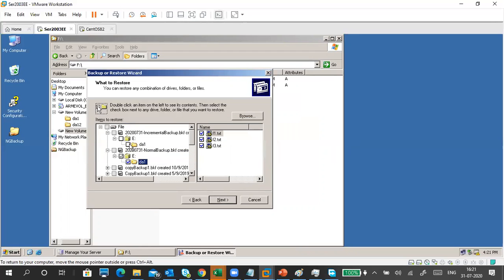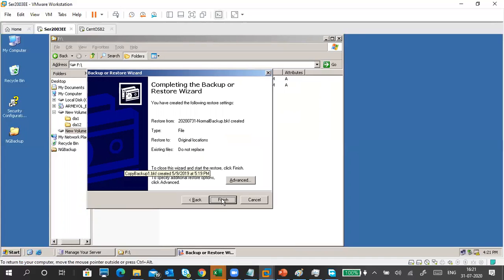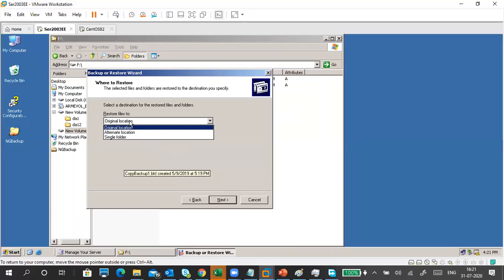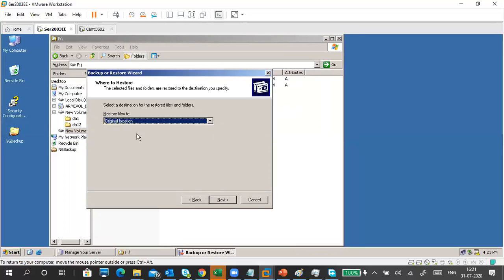First I will restore this backup, otherwise we'll restore the other backup. Advanced: do you want to restore into the original location, alternate location, or single folder, meaning a separate folder? Okay, I want to restore into the original location only because I lost the data in the original location.